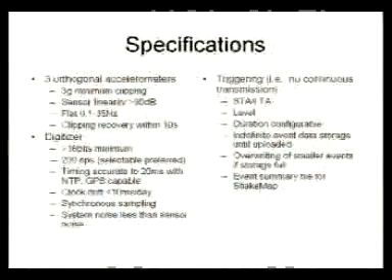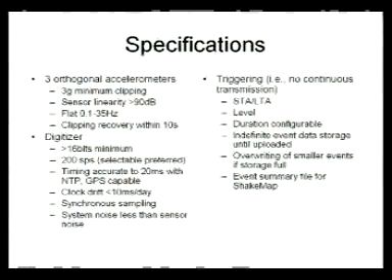Of course, it has 3 accelerometers. 3g clipping, which, if you're not familiar with this field, is pretty high. Every time we record a big earthquake, it seems like, oh, now we've seen 4g, but 3g is, from what we've seen, pretty close to the maximum, hopefully. The sensors have to be linear, for those people that like this kind of information, and this is the frequency range over which it is flat. We want it to recover if it does clip within 10 seconds.